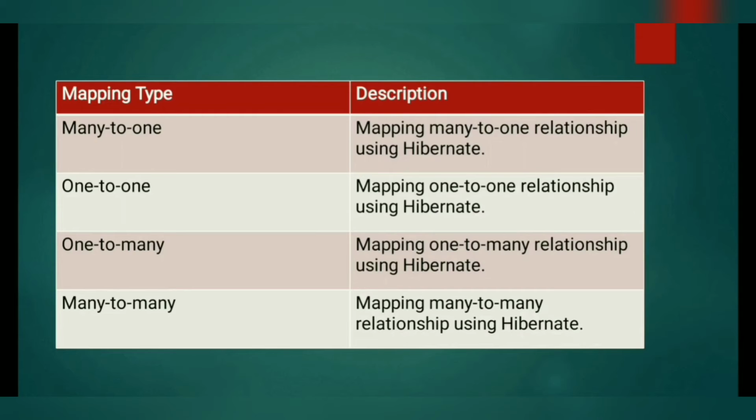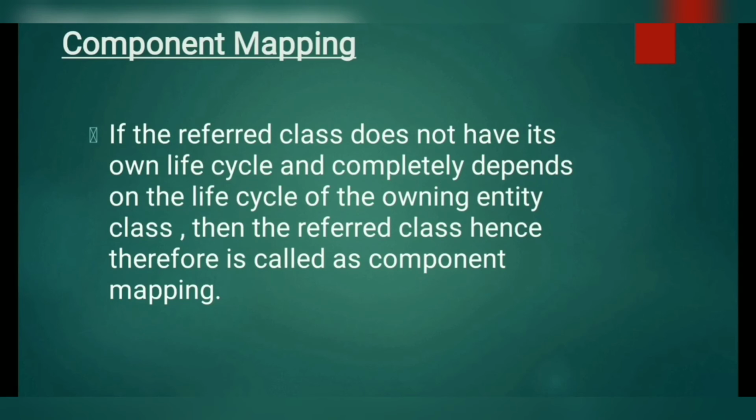Next is one-to-many. In this you take the owner and pets relationship. Owner can have many pets. He or she can have a cat, a dog, or even many more pets. But for that particular pet, for that dog, there is only one owner. So this is an example for one-to-many. The last mapping type is many-to-many. A student can register for many classes, and even a class can have any number of students. So this is the example for many-to-many.